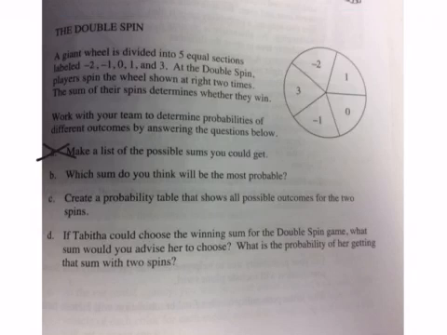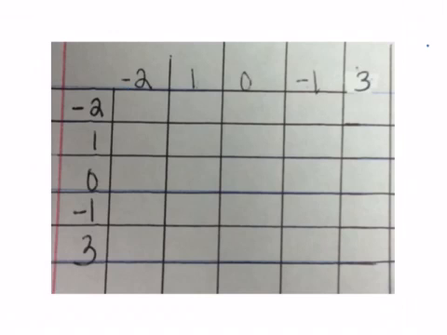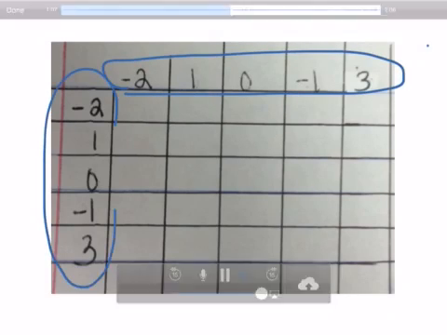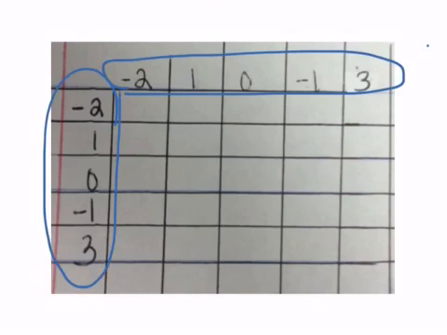So last week we made a probability table. So let's go ahead and make a probability table to see the outcomes. Okay, so here's the probability table. Let me explain what I did. So on the first spin, I could get a -2, a 1, a 0, a -1, or a 3. On the second spin, I could get the same outcomes, a -2, a 1, a 0, a -1, or a